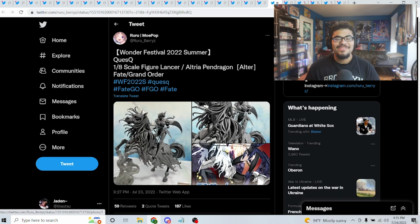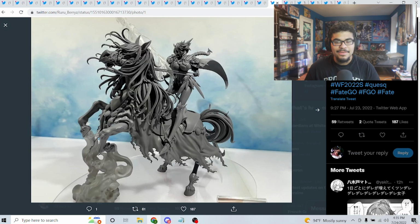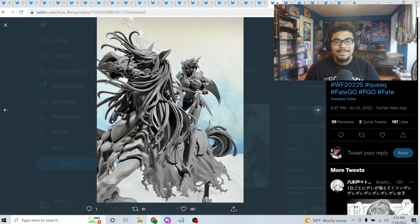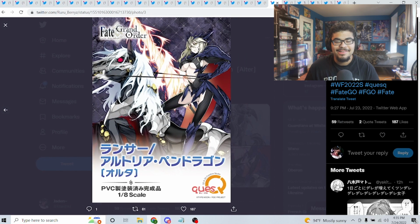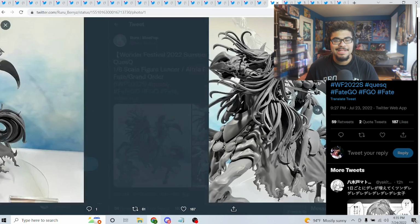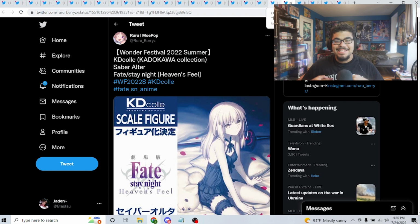Next up, we got this. Ooh, this is 1/8 scale. Remember, this is 1/8 scale. You see how big it is, Altria Lancer Alter? So look at that. This figure is gonna be like $400, like 300. Oh my goodness! It rivals the other Altria Lancer figure. And you got the Alter version. It's so good. I will not be pre-ordering that one, most likely, but I will be pre-ordering this Saber Alter